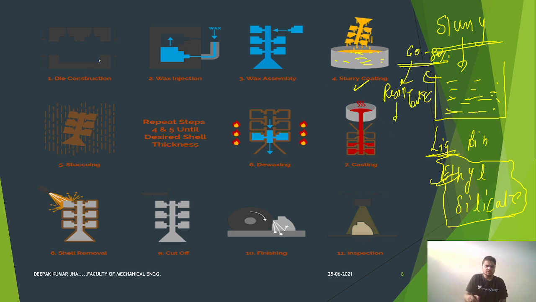Now, first of all, a die of aluminium is used. Why is a die of aluminium used? Because here the pattern is to be given a shape in this die. Now the pattern material which is usually used in this process is wax. This is a very important aspect of the investment casting process, that wax is an important material which is used to produce the pattern.